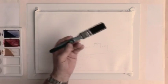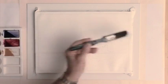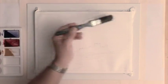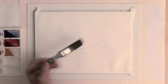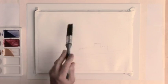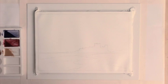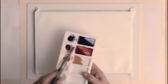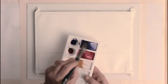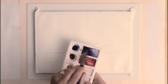Right, now I've used a large 1 inch brush just to dampen all of the paper thoroughly from top to bottom, because with acrylics tending to dry so quickly, we need to be able to blend in the sky especially, and unless the paper's damp, it's going to dry very easily and very quickly with tide marks. I'm starting off, and before I forget, you can see that I've mixed 3 good pools of colour. I've added a little bit of the red to the ultramarine blue for this top corner here, and before we get any further, I'm going to